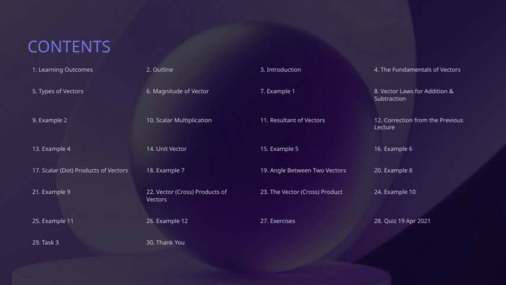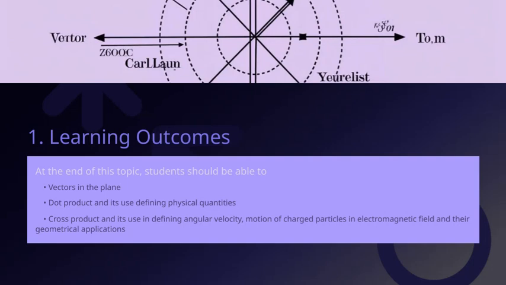Throughout, I'll connect these points to the overall theme of mastering vector concepts for a strong mathematical foundation. Let's explore how the cross product is used in various applications. It helps us define angular velocity, which is essential in understanding how objects rotate. Additionally, the cross product plays a crucial role in analyzing the motion of charged particles within electromagnetic fields, linking physics and mathematics seamlessly. We also see its importance in geometrical applications, such as finding areas and orientations of vectors in